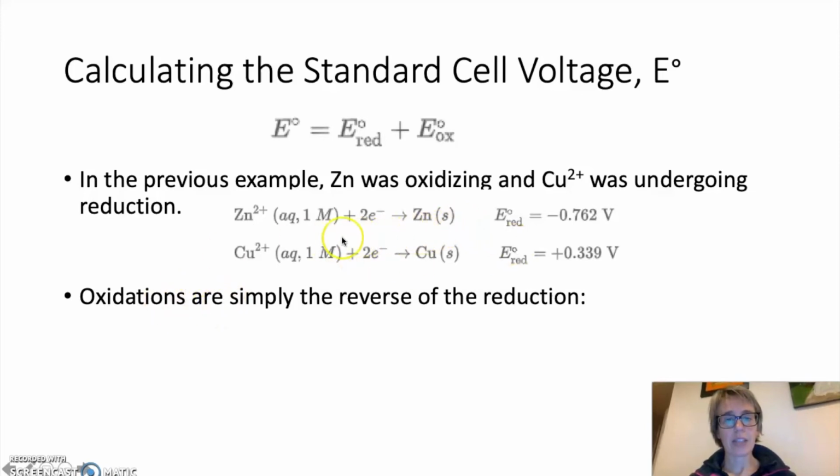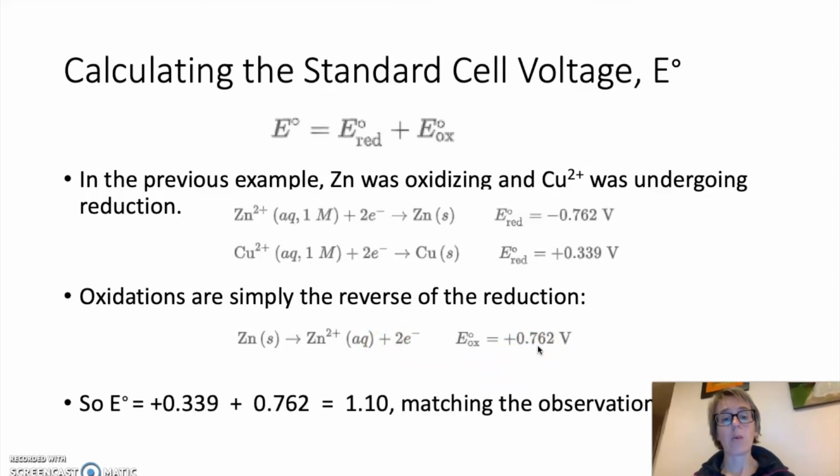The second reaction here, the copper accepting electrons, that's what's happening. But for the zinc, the reaction's going the other way. Zinc is oxidizing to form zinc ions. So I actually want to write this reaction the other way. And when I do, I'm going to flip the sign on that standard voltage. But once I do, I can just add together